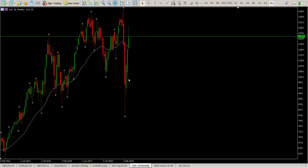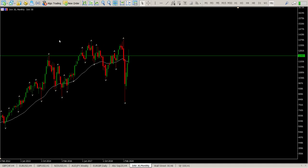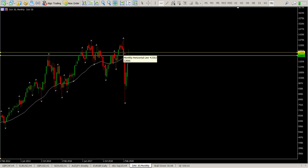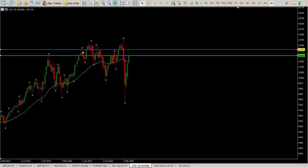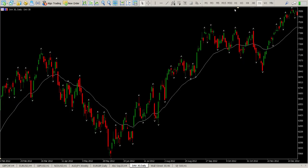So if you look at this, we've had 3 months in a row where we have been green. We are flirting with this monthly level right at the close here. And we have a couple other levels, which we have tagged already, we've tagged that one and we've tagged that one. So it's that fractal and this fractal. Anyway, just coming down to daily,